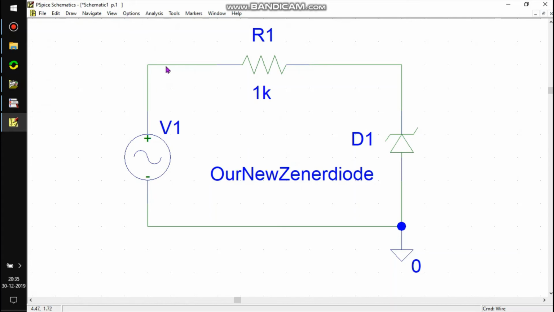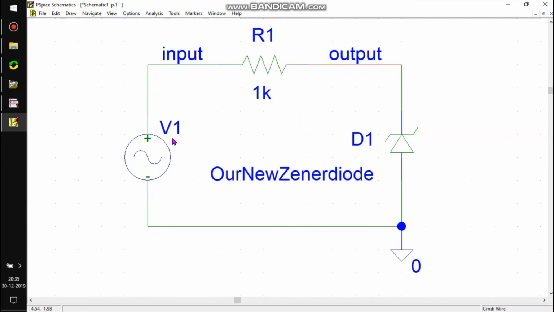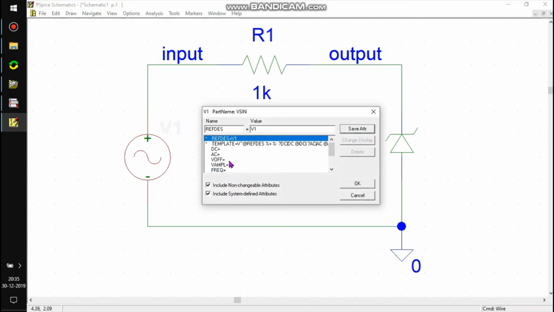Give it a name for the node. Now this voltage source, we give it an offset. This thing is 10 volts, so we give the offset of, let's say, 5 volt.